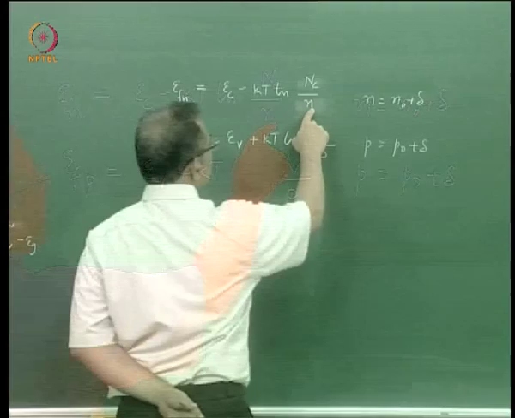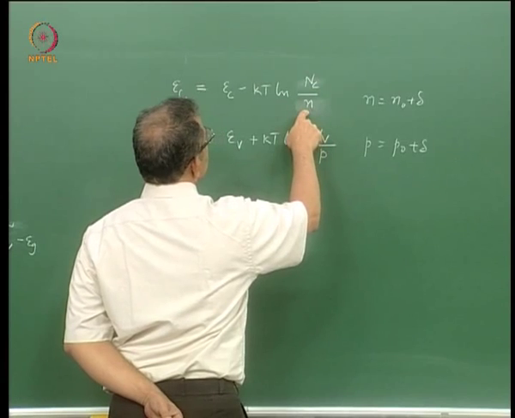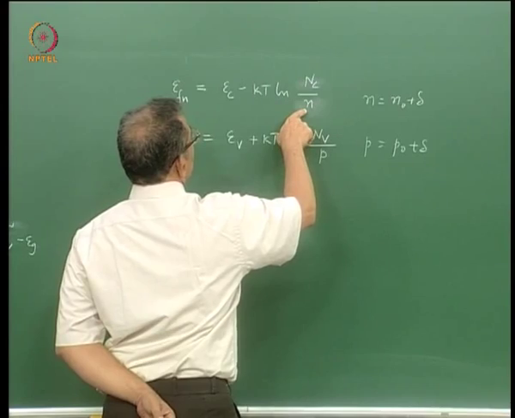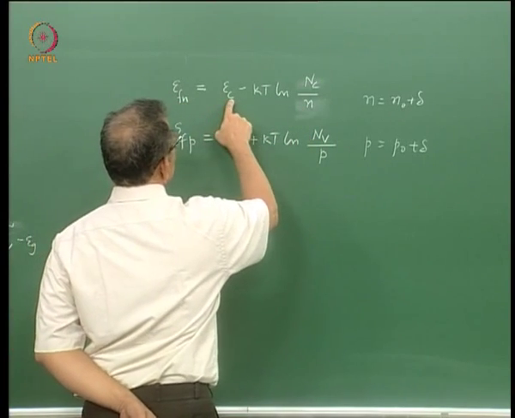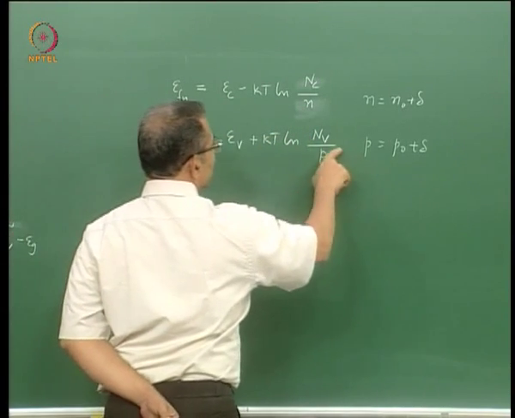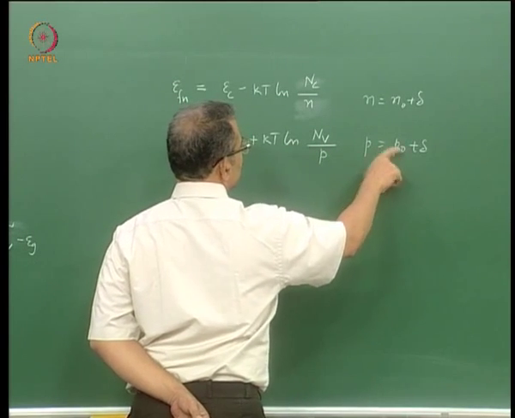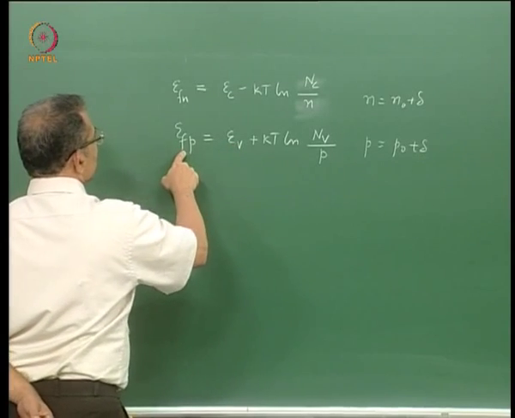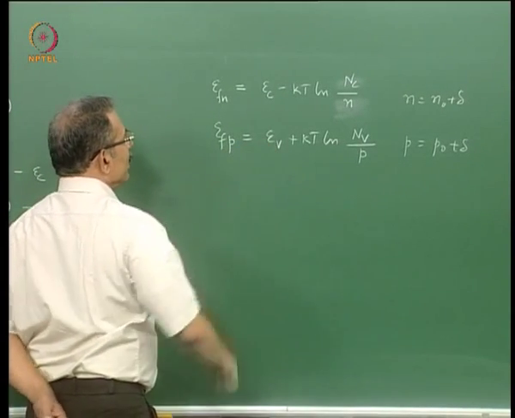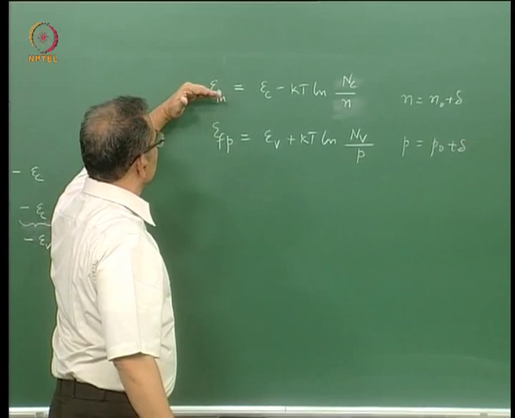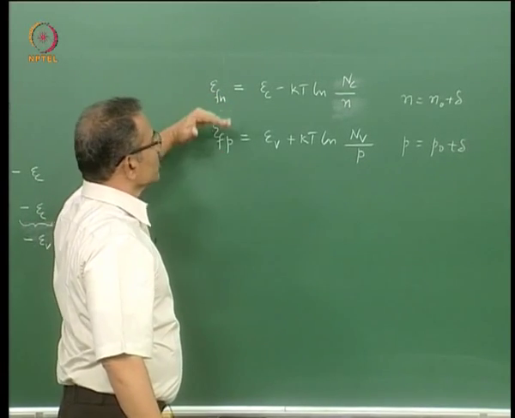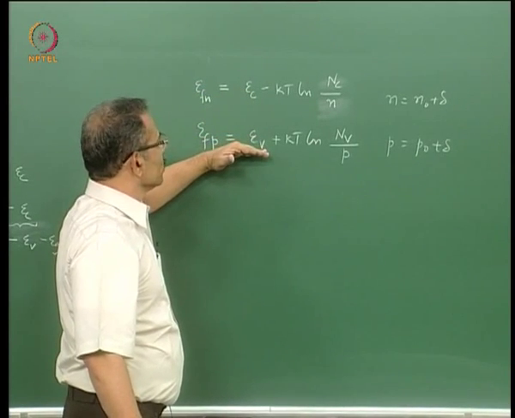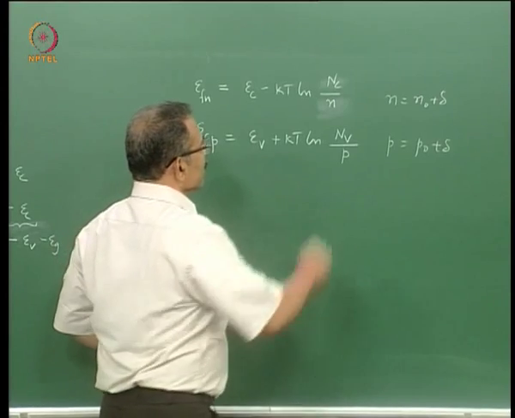Now you can see from here, if N increases, this term reduces, which means the Fermi level goes closer to EC. On the other hand, if P increases compared to P naught, this term decreases, and according to this formula the quasi Fermi level for holes goes close to EV. So the same Fermi level now cannot represent both electrons and holes, because quasi Fermi level for electrons should go closer to EC, whereas the Fermi level for holes should go closer to EV. Low level conditions,